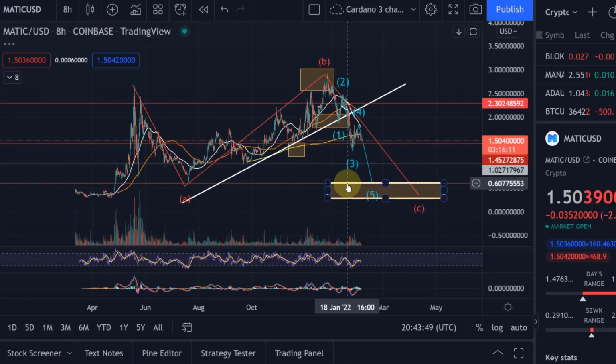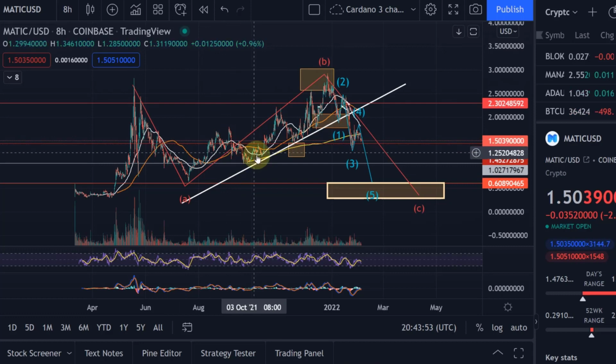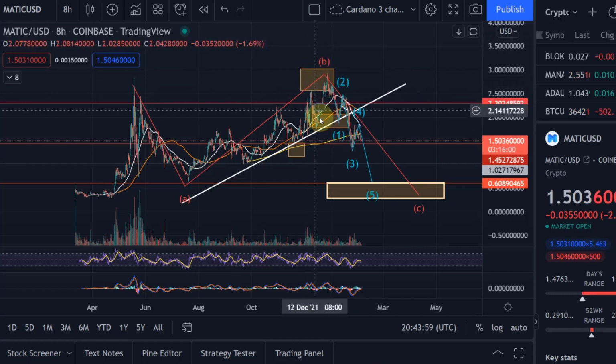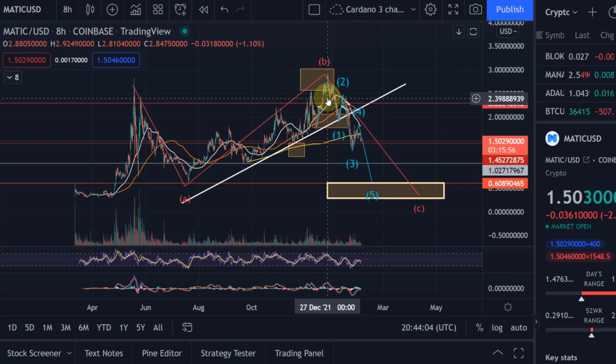If I zoom out a little bit, if you remember, if you've been with me for a while, we talked all the way along here about the bullish momentum of Polygon MATIC. It did reach that target area down there. It did reach that one up there. It did reach that one up there. At this point here, somewhere here, I highlighted the risk that this is not necessarily